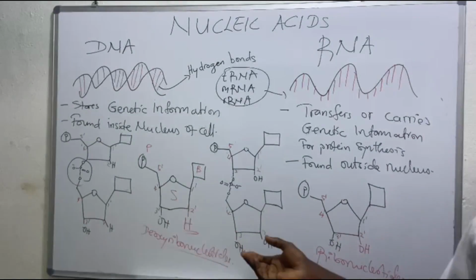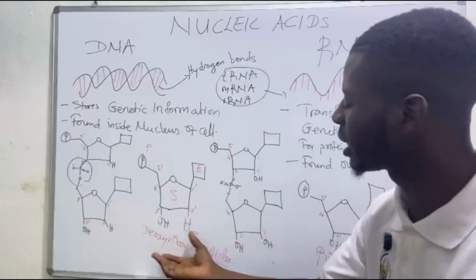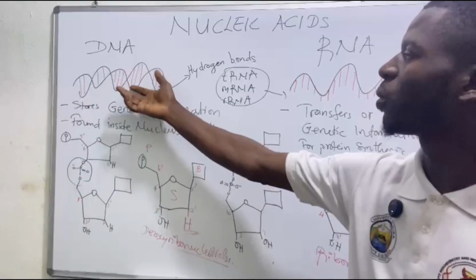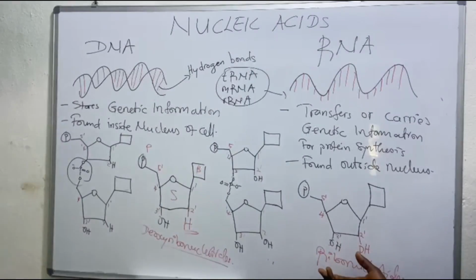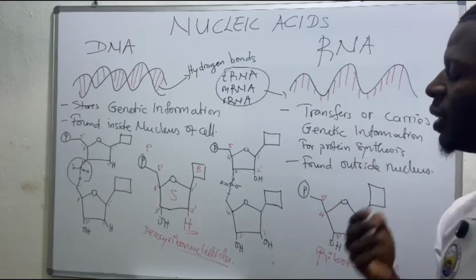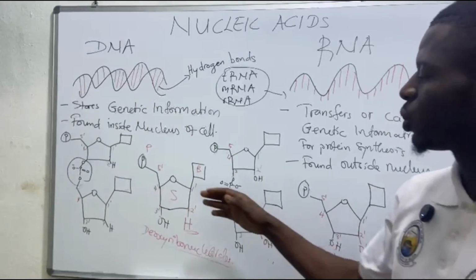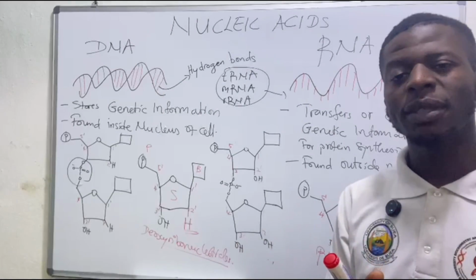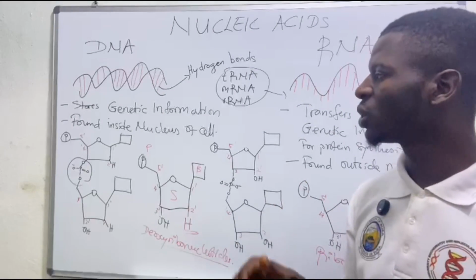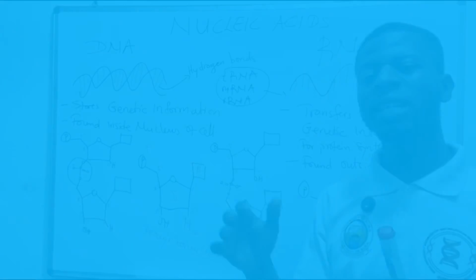Now, when we have many of these deoxyribonucleotides, we call it a DNA. And when we have many of these ribonucleotides, we call it an RNA. Now, two nucleotides are joined together by a phosphodiester bond. So a phosphodiester bond is a kind of